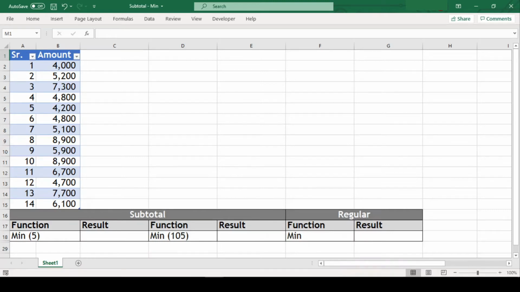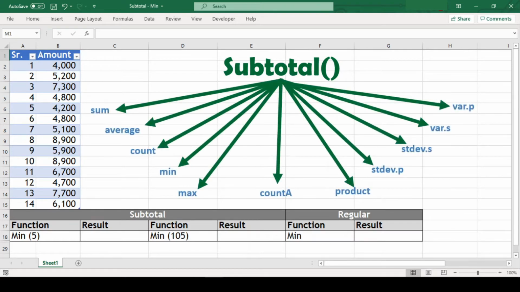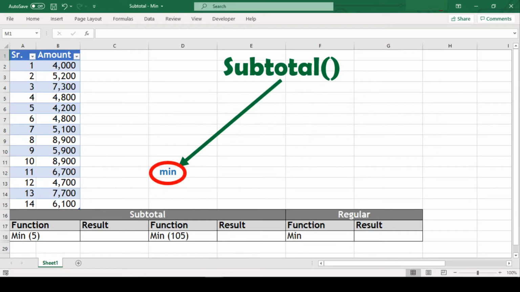In this video, we will learn about the subtotal function in Excel. You might think it to be somewhat like the sum of selected values, but the subtotal function is capable of much more. Apart from its ability to return a sum, it can also give us average, count, max and several other results. But today, we will specifically focus on min, that is minimum, and understand this function with a few examples in this video. So stay tuned.